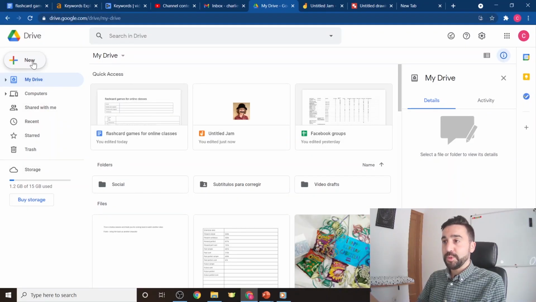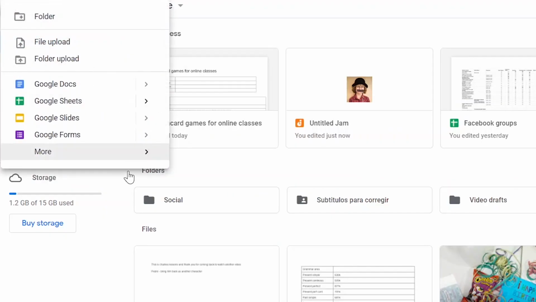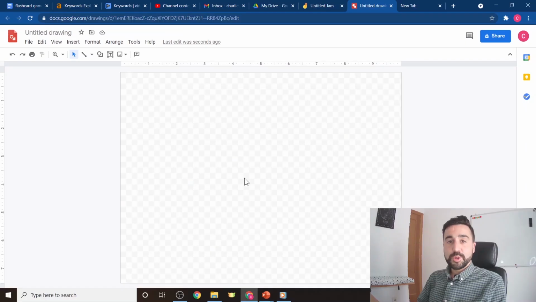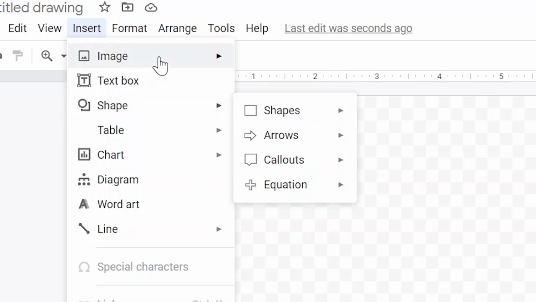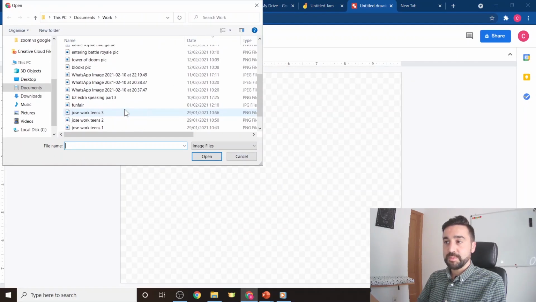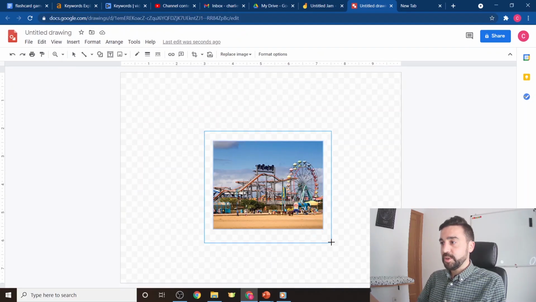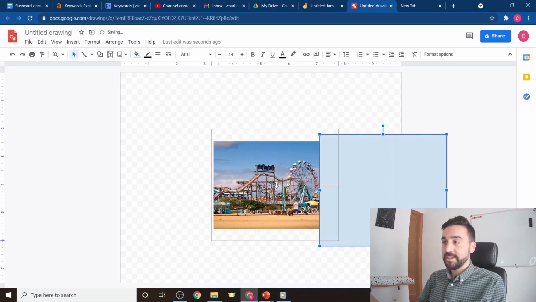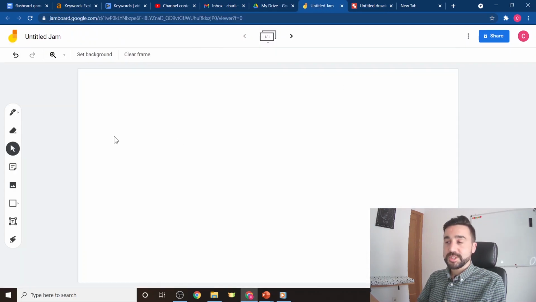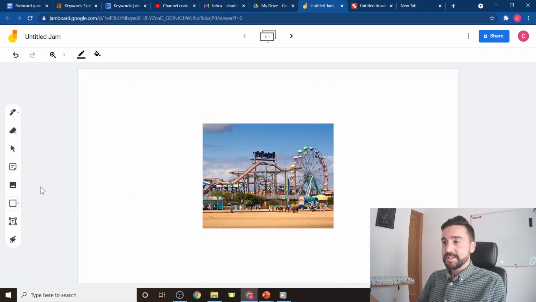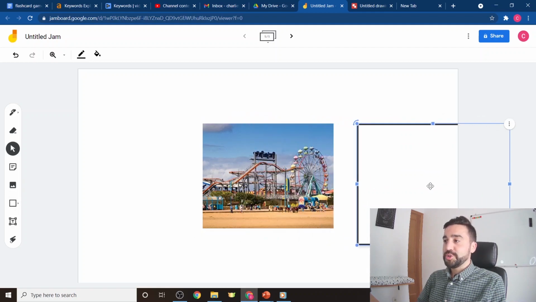And for Google Drawings and Google Jamboard, it's just as simple. To find a Google Drawing or Google Jamboard, we just go to our Drive account, go to New, then More, and here we have Google Drawings and Google Jamboard. Starting with Google Drawings, all we do is go to Insert at the top, choose our image to upload from the computer, then we're going to go to Insert a Shape, and we put the shape over the top like this. And we can again reveal the card and hide it from our students. With Google Jamboard, it's pretty much the same. On the left-hand side, we've got insert an image from the computer. And now we can add the square, in this case, over the top again, and it produces the same effect.